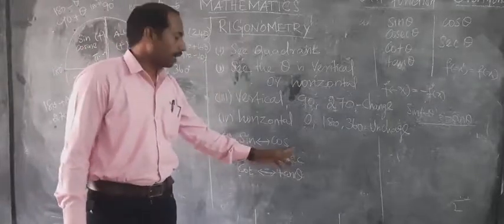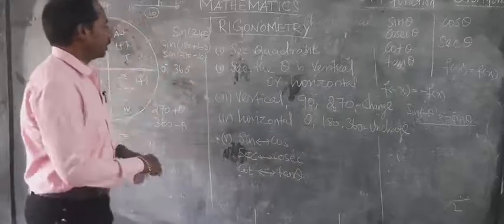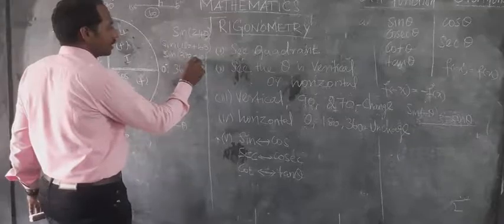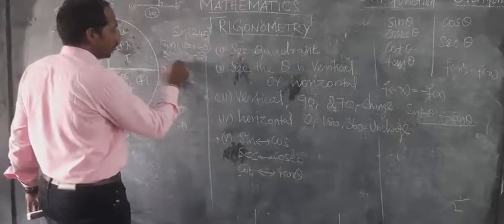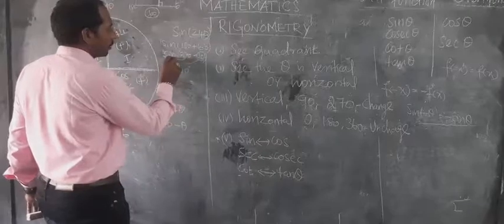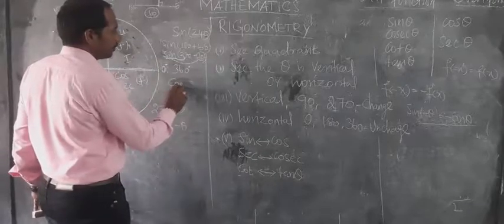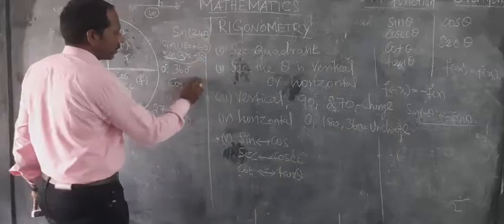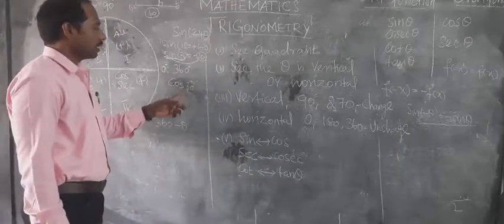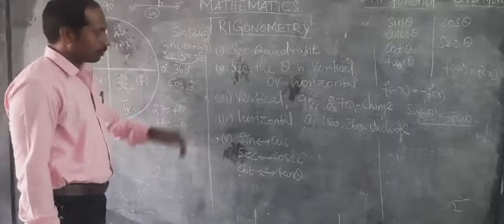Cos theta will come. So here what do you want to write? Sin 270 minus theta, where the theta value is 30. So you have to write sin; it is a vertical angle, so sin becomes cos theta. You have to write that. Can you get the point? Like this. So what is the cos theta value? You have to find it from the table.